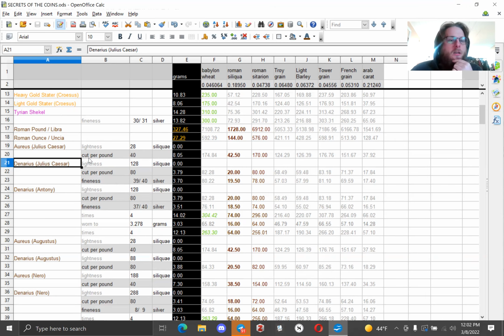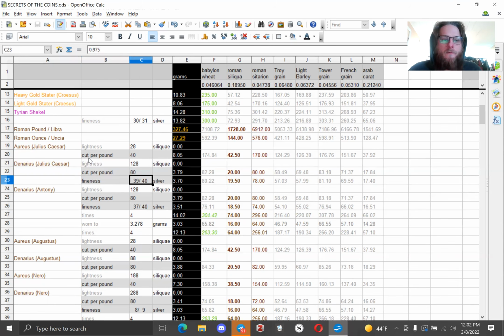So I've given the description of this coin in terms of 3 different numbers. The first number is lightness. This number is just subtracted from the pound right at the beginning. So say you're a moneyer, you want to make a denarius. What's the first thing you do? Well, you take a pound of silver, 1728 siliqui, and you remove 128 siliqui. That's part of the profit of the mint, and this probably goes to the state, would be my guess, but I'm not sure exactly about this.